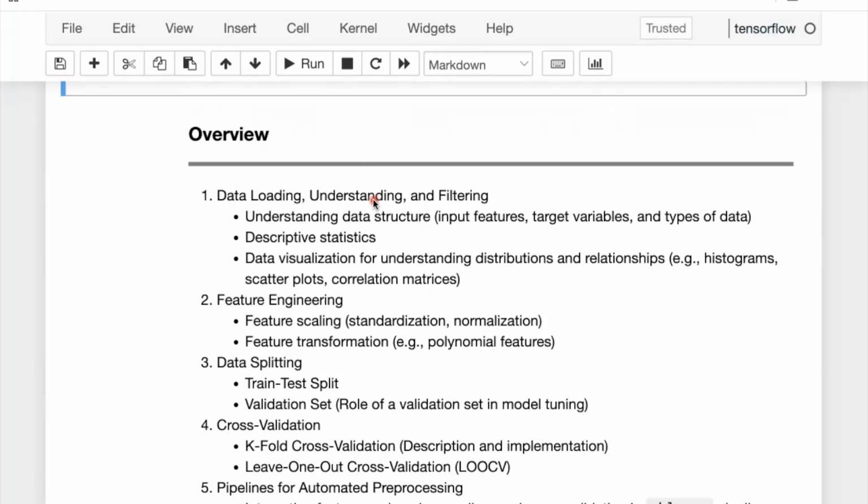Recall that one of the main goals of supervised machine learning is to find a mapping or function between input features and target variables. Therefore, it is critical to be able to distinguish and separate these two parts from a given data set, which is usually in terms of a CSV file, especially if you're working with tabular or structured